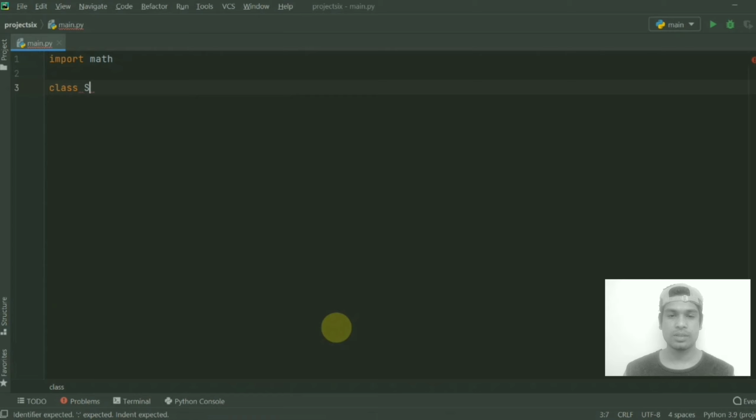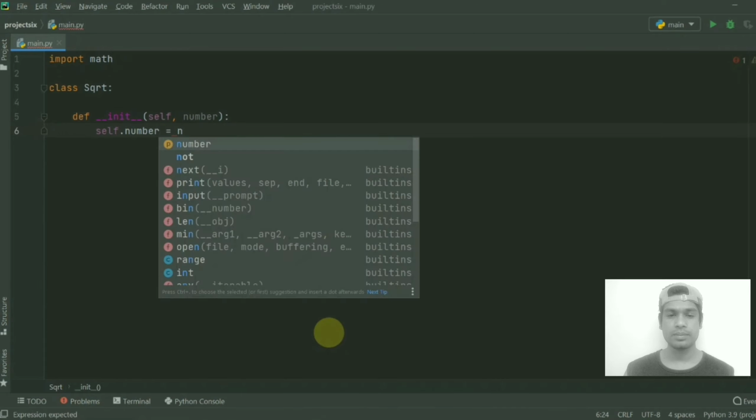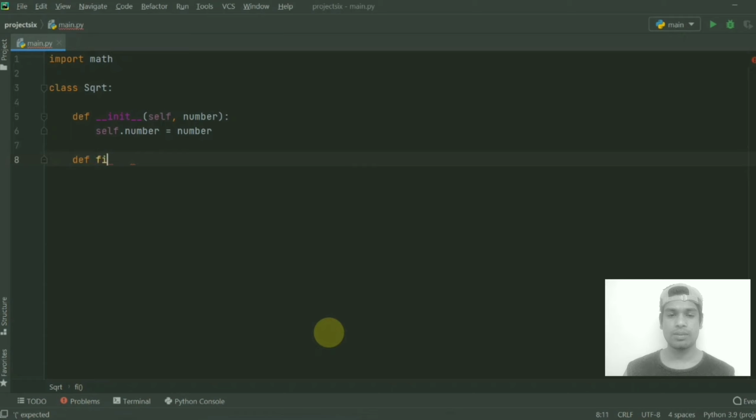Class Sqrt. def __init__(self, number): self.number = number. def find_sqrt(self):